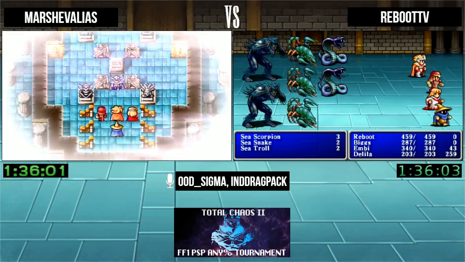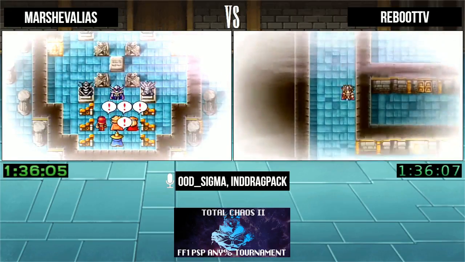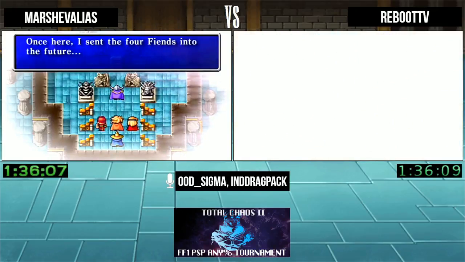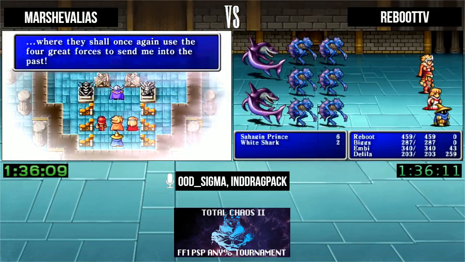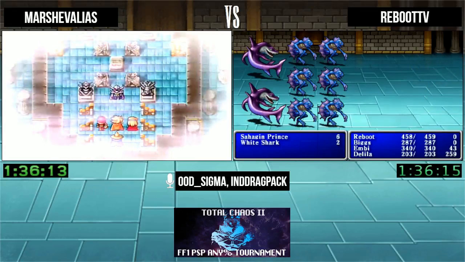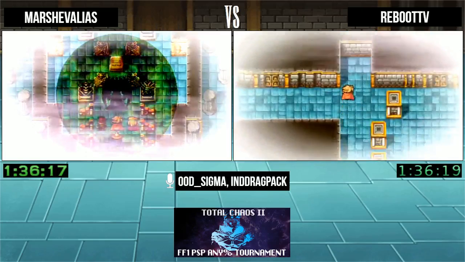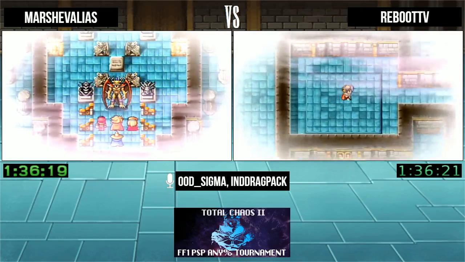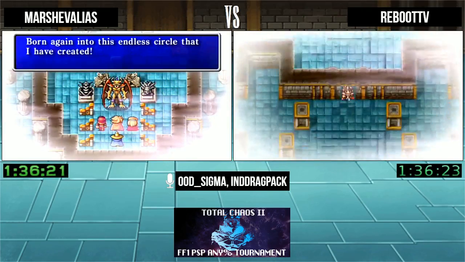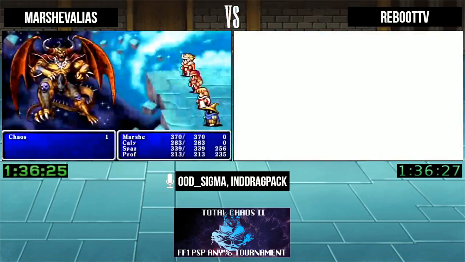So, Marsh saved before, so if Chaos ends it, he can just restart the save and go again. Depending on how quickly that would happen, Reboot may still have a chance if that happens, but we'll just have to see. I'd say you probably have about an 80 to 85% chance of killing Chaos, but